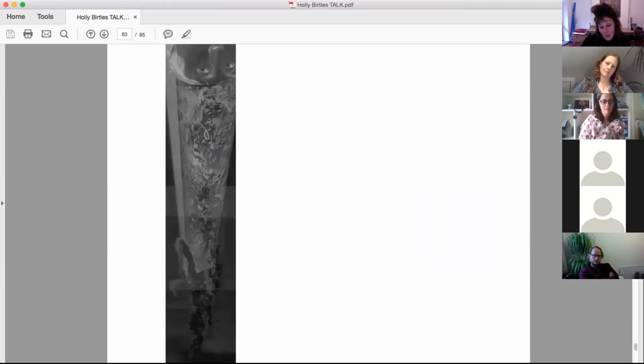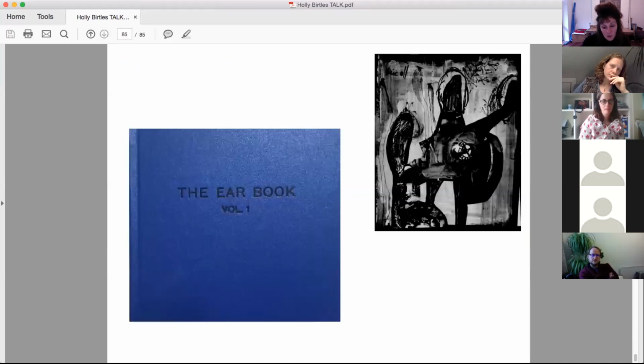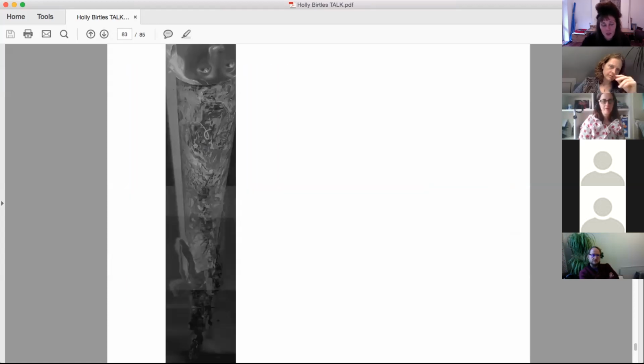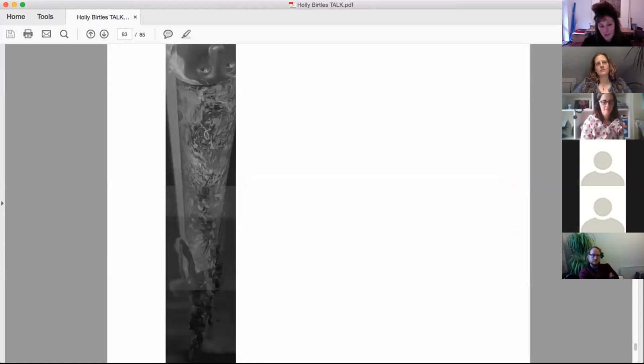So these are just a start, really, that I'm showing you. I thought it was important to show you a little bit of the outcome that you might see. A lot of the time they're bigger than this, but you can see the images are about 100 centimeters square, and sometimes the outcome is a book. This is a very old piece, but they might be embedded and laid in a different way. I think that's all I have to say, with regards to the C1 monsters,